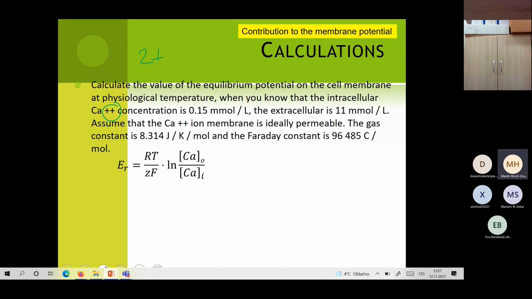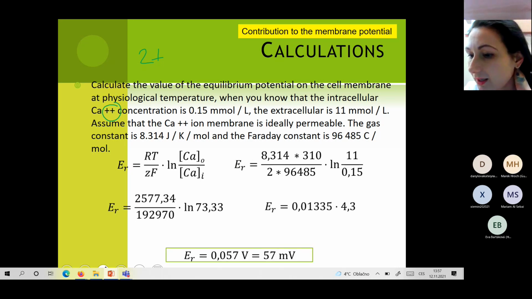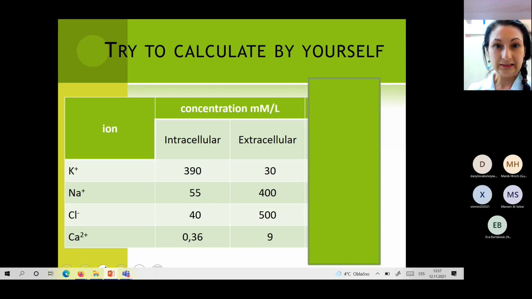I have the answer. Yes, Marek? Yes, 57 millivolts. 57. Yes, Marek. Another point. So that's nice. So also everyone has the same result? Yes. Okay, good. So now for your own, just take a few minutes and calculate the resting